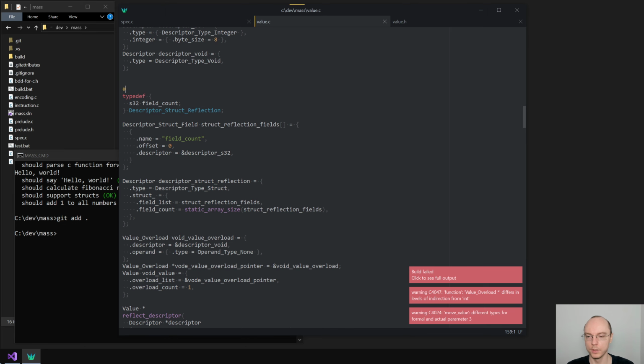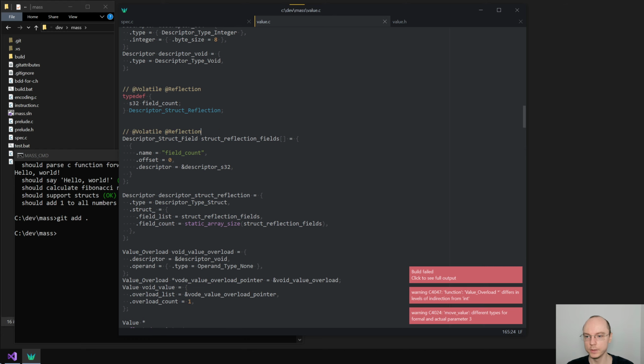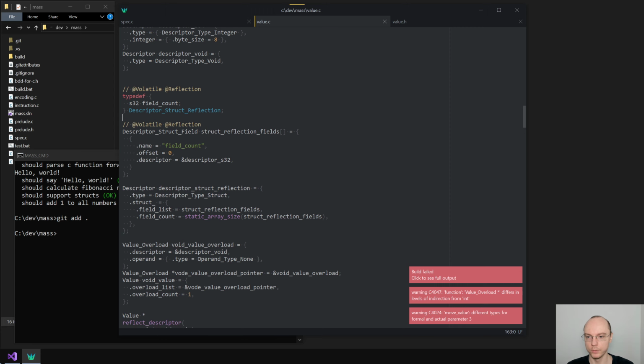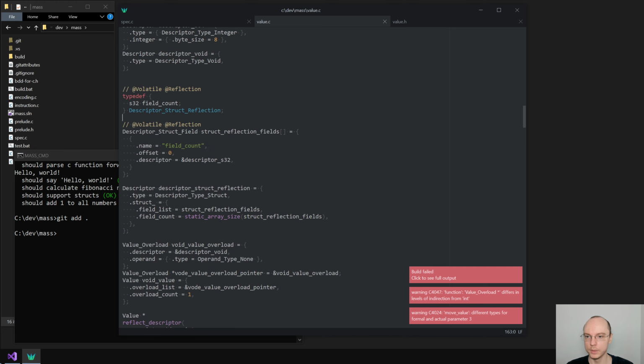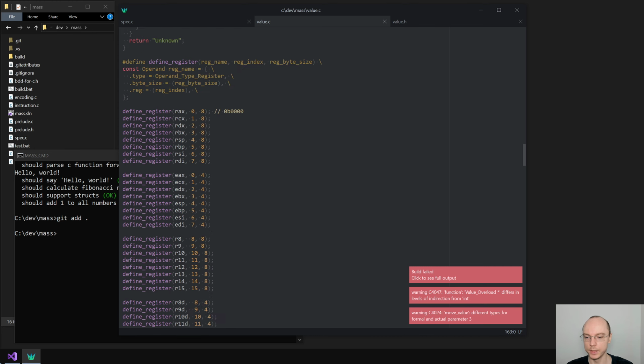So we can also add another volatile reflection, and this needs to match basically this thing, right? Needs to match what comes after. Okay. Now that we have this, we can now actually deal with it,